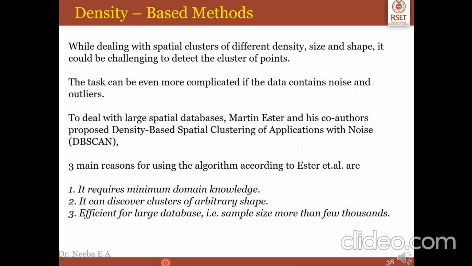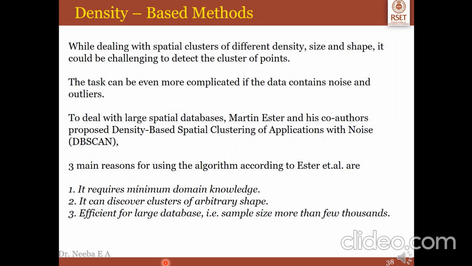While dealing with spatial clusters of different density, size and shape, it is challenging to detect the cluster of points. If the data contains noise and outliers, it will become more complicated. To deal with this, Martin Ester and his co-authors have proposed DBSCAN, that is density-based spatial clustering of applications with noise.